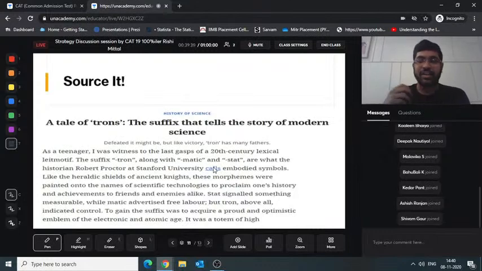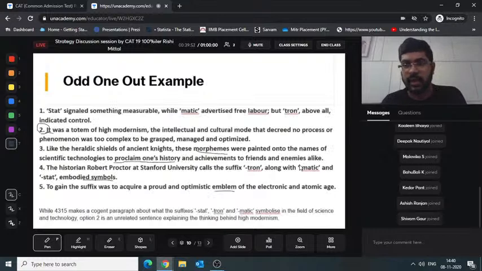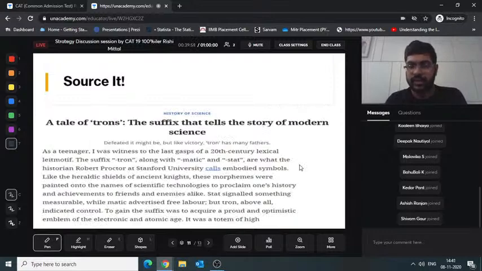So you'll be surprised that all these articles that you will find in your RCs or your PJs or your odd one outs, all of them are already articles out there, on topics which the CAT usually asks. So read these articles, just source it. After every question that you analyze in every mock that you have given, try to source every article, try to read them, try to understand what tone these authors follow. How are the ideas flowing in an article? This will give you a much better hold.